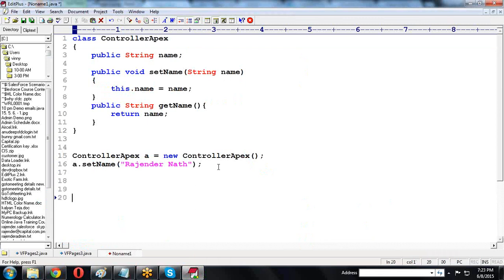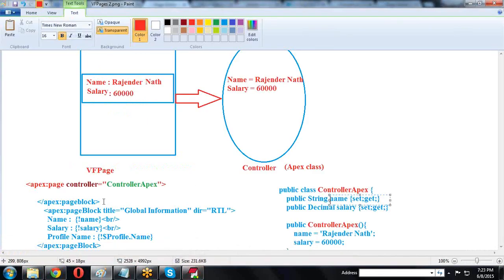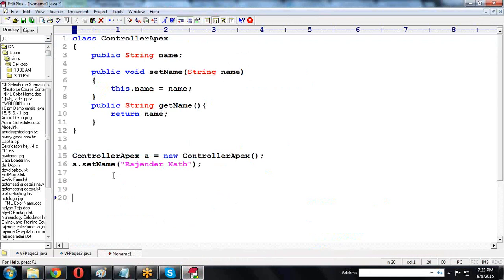Whenever we call the get method, since we provided the controller, internally it executes a dot getName. The getName returns the string type name value. Whatever value is in the set method, that value is retrieved in the Visual Force page. In the VF page we retrieve the data by calling the getter method.